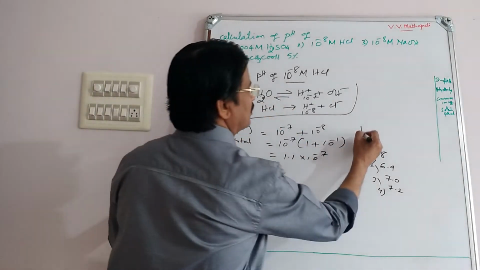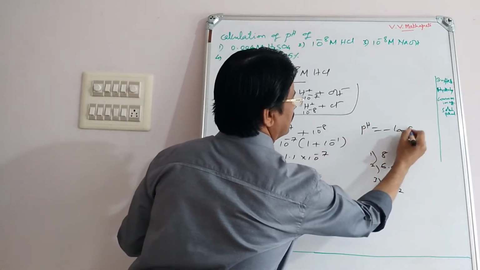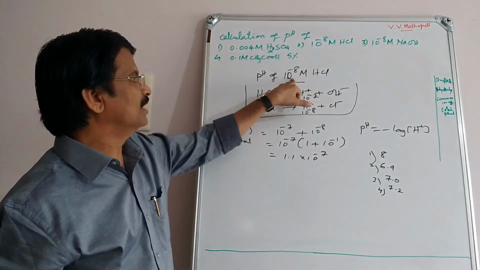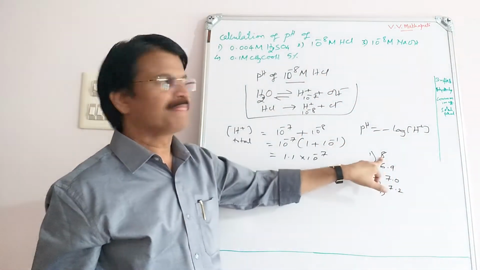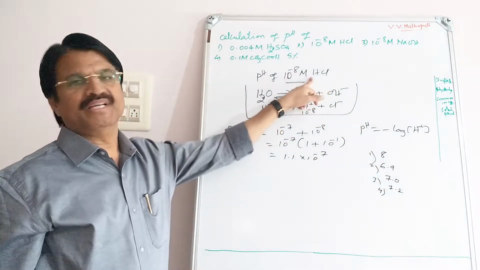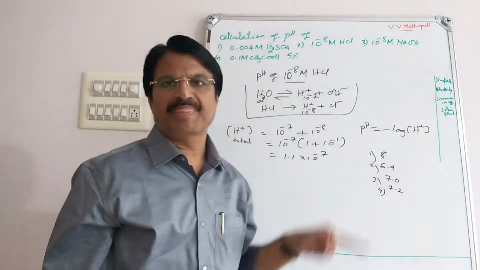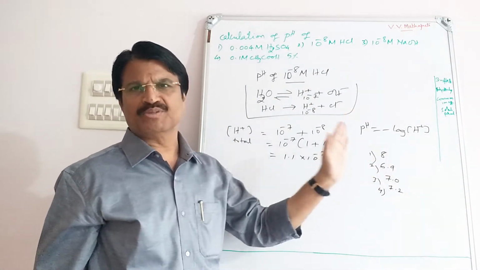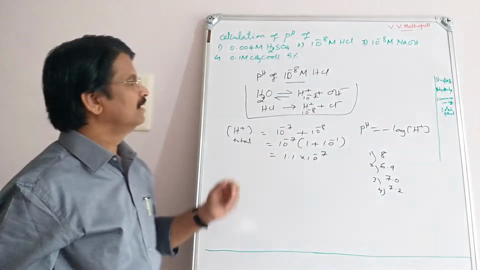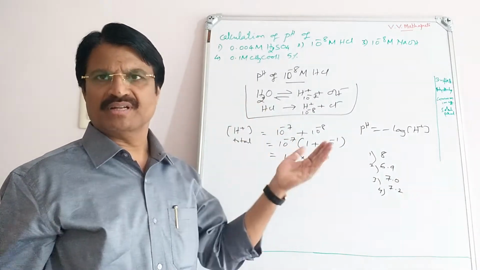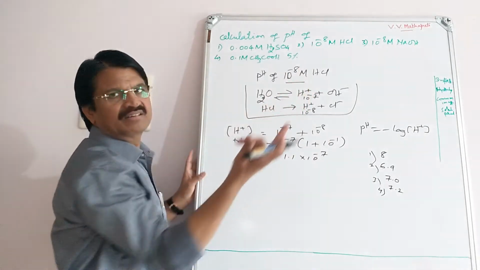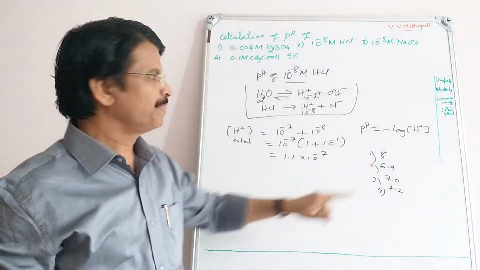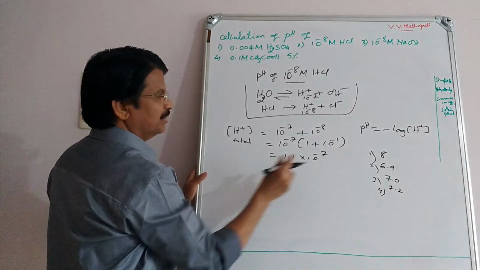Because there is a formula: pH equals negative logarithm of hydrogen ion concentration. If H plus concentration 10 raised to minus 8 is substituted here, then you get the answer 8. But whatever the acid, the pH value is always less than 7, not more than 7. All acids have pH values less than 7. HCl is an acid, so the value should be less than 7. Therefore, use this value in the pH formula.